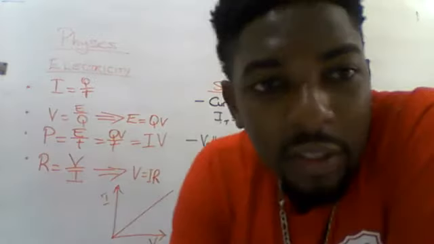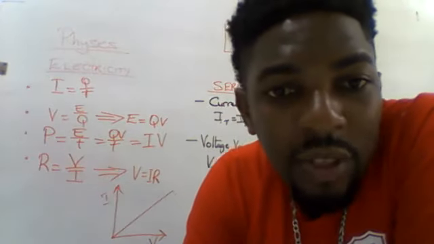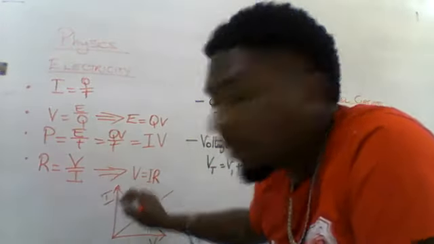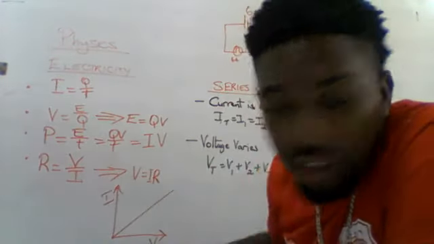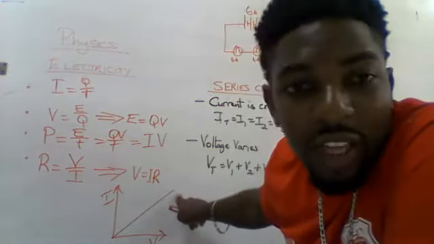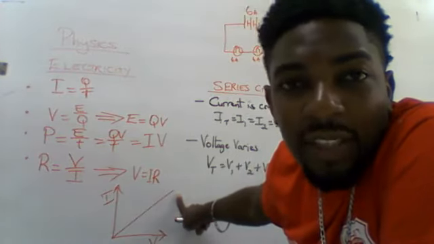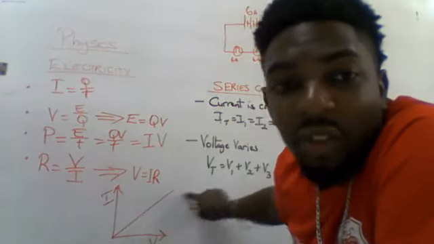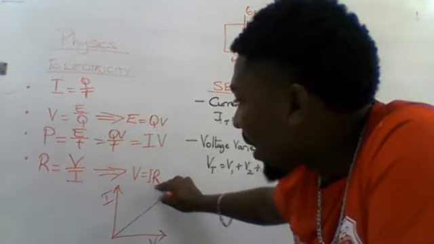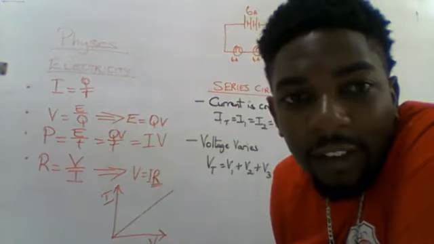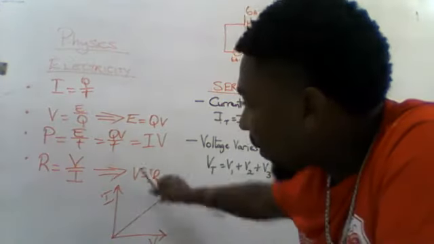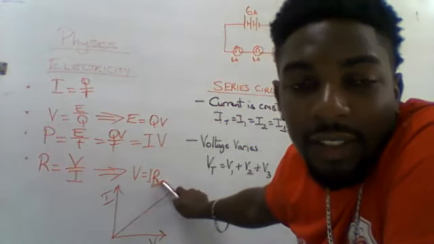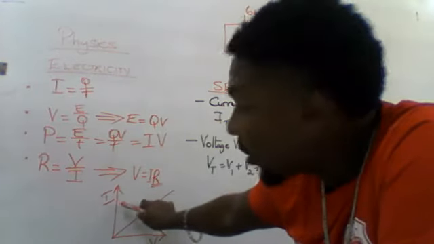So in other essence, if we were to plot that on a graph, we're going to end up with a straight line. If you compare the current and the voltage, it gives us a straight line. So it means that this represents an ohmic material. Good? Because the gradient of this straight line represents the constant R. Good? So because V is directly proportional to I, then this is your constant. So it's the gradient of this line